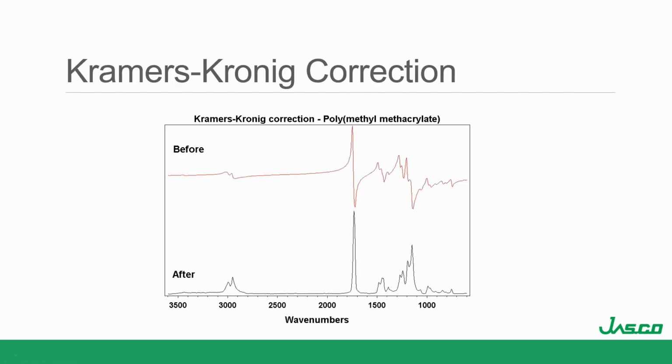One drawback is that sometimes, if the refractive index is at a certain value, it will cause these derivative peaks. This is actually the real part of the spectrum and the imaginary part of the spectrum according to Snell's law. This can be corrected through the computer, through the software, and you can get a regular spectrum.